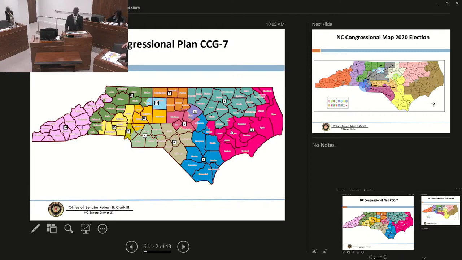CCG-7. Senator Clark, as a request that has come to the chairman, as we have not seen this until now, I think it is appropriate before we consider the amendment as proposed before the committee, but before we begin discussions and vote on the amendment, we're going to let the committee stand in recess for about, we'll say 20 minutes to review this map, as many of the members of the committee are seeing this for the first time now. So we'll pick that up in just a moment, and the committee will stand in recess until, let's see, 10:25. So we're at recess.